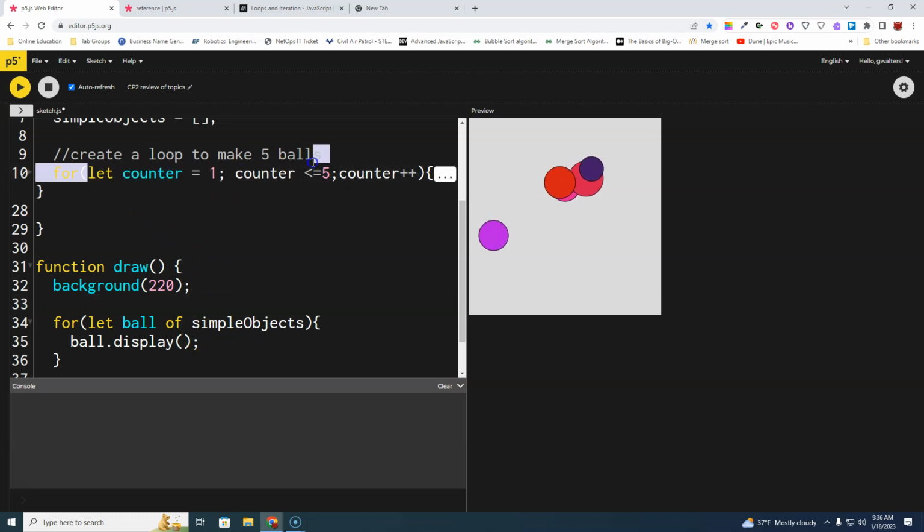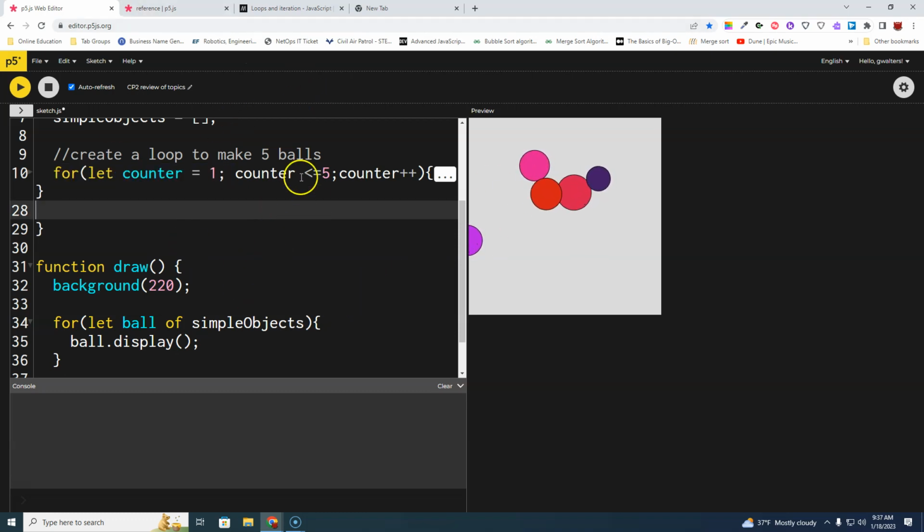I could also use the counter for this instead of writing it like this. It's the same way, but instead of me using the number 5, I would actually look at that dot length property. I actually want to make sure that I don't go up to that dot length property, and I'll be able to access everything. All right, so that's how we'd create multiple objects. What I want you guys to play around with, so let's look at